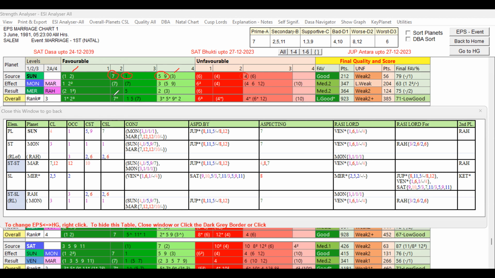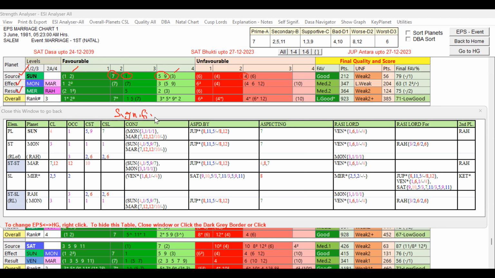Without bracket, you know that houses are signified by the primary level. In the source level, the primary first planet, the Sun's significations are shown without bracket. And the star level planet, the Moon's houses, are shown without brackets. And the sublord planet, Mercury's houses, are shown without brackets. Then what are the houses within bracket? In case of source, the within bracket houses are significant